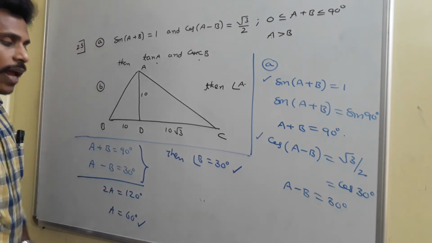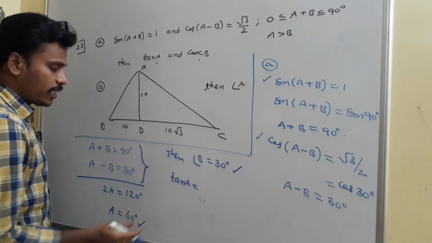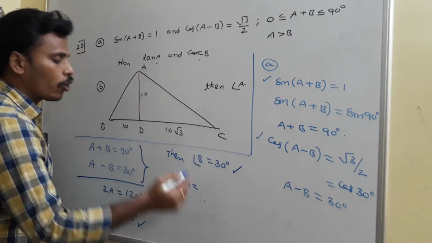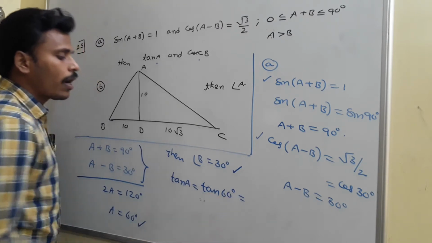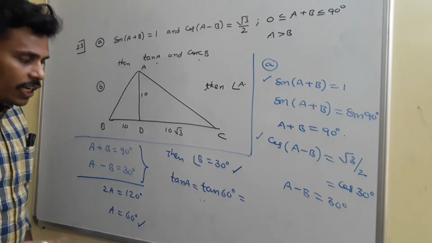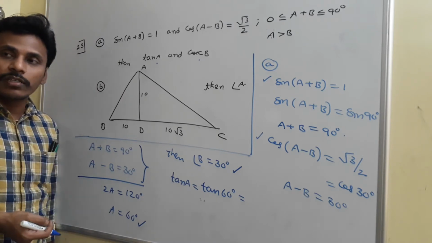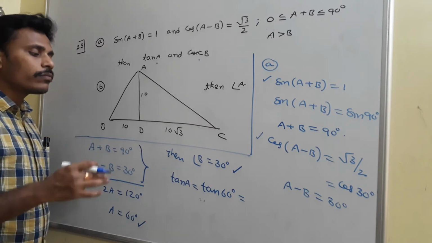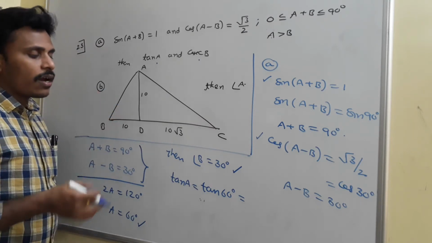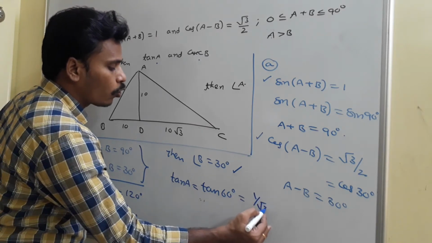At the end we have this in our hands, and now we need to calculate what? Tan A. Since A is 60 and we need to calculate tan A, so tan A is equal to tan 60 degrees. And what is the value of tan 60? Again you need to utilize the trigonometric table. So you need to memorize it. You need to write it once and twice. You need to revise daily. So after that, see, it fixes in your mind, and with those known values, tan 60 degrees is just 1 by root 3. Is it right?